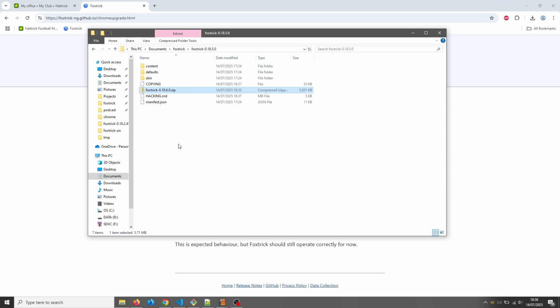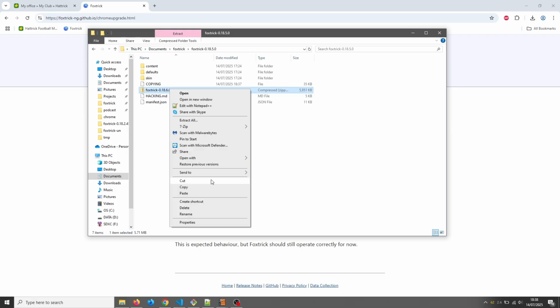So everything still looks the same. The zip file that we downloaded, we can get rid of that now.